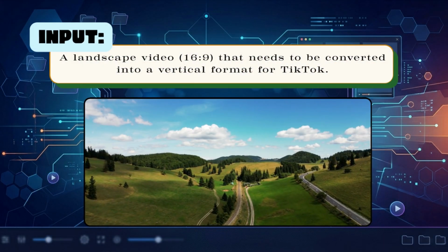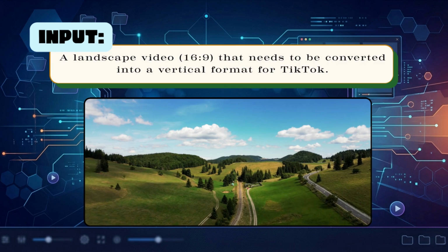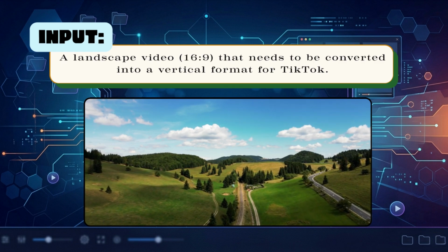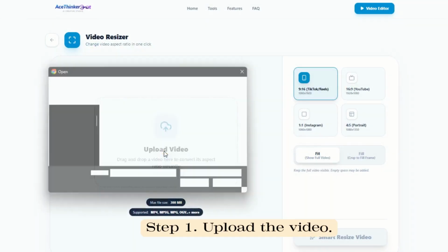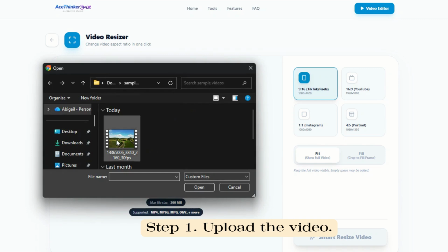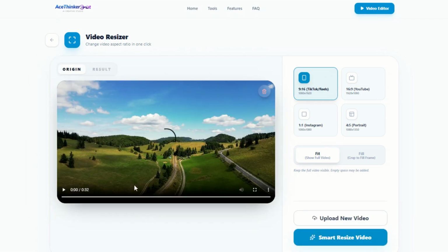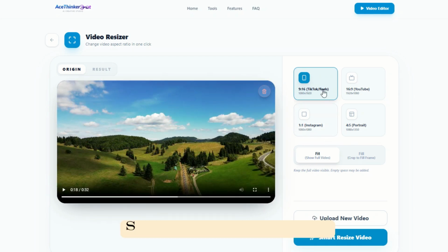In this tutorial, I will upload a video in 16:9 landscape format. Next, choose a preset size you prefer. Whether for TikTok, YouTube, Instagram, or other platforms,